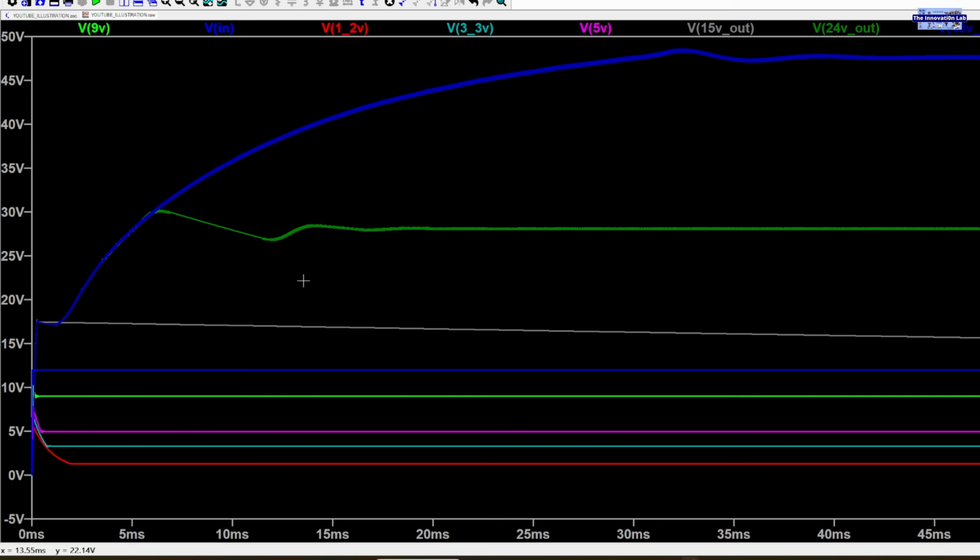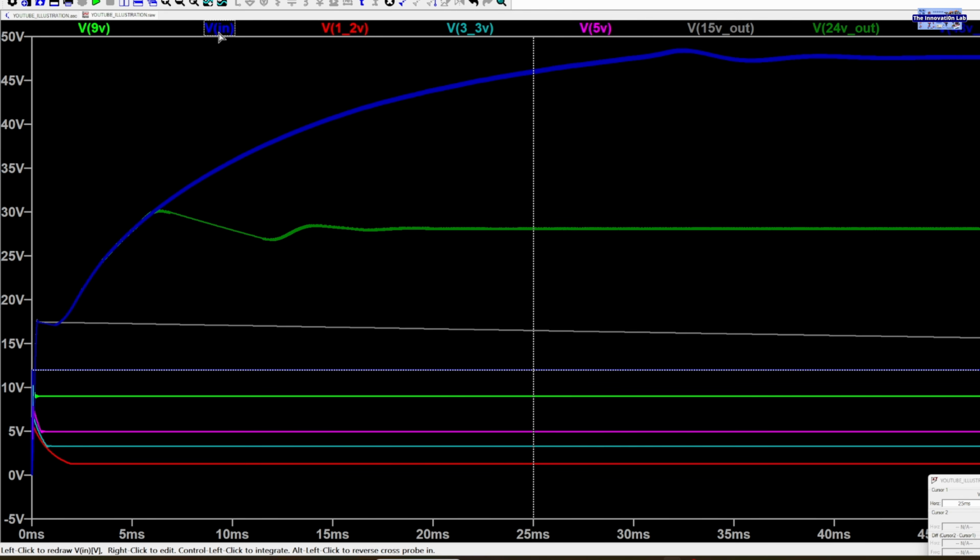Alright guys, as you can see, the simulation is complete, and the first blue plot here is the input voltage, which is the V in up here, and that is the 12 volt input. All the plots below this line will be the buck converters. The first one is a 9 volt buck converter, so that went from 12 volt to 9 volt. The second one is the 5 volt plot, which is another buck converter that stepped down the 12 volt level to 5 volts, and we have the 3.3,